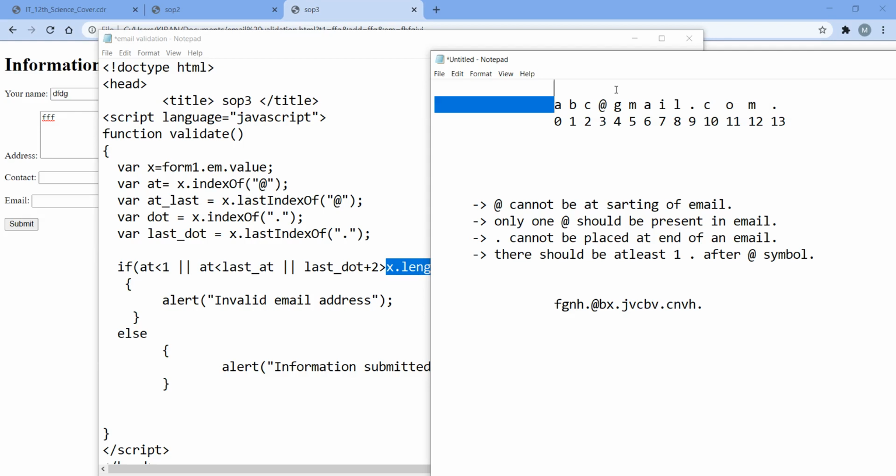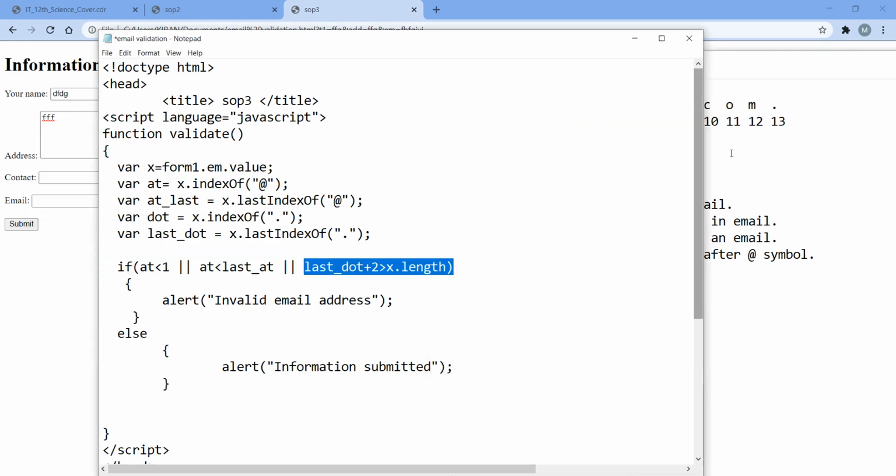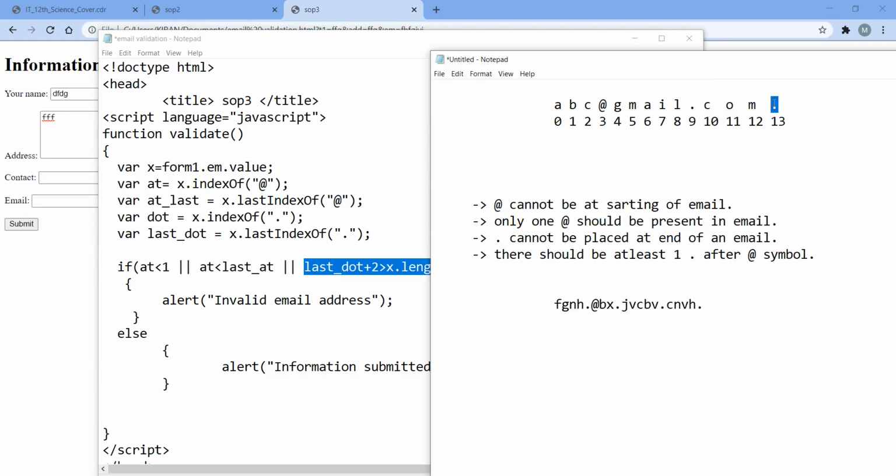The length of the string is 13, so this condition becomes true. It means that I have placed the dot symbol at the end of the email address, or we can say at the end of the string. Now see, this is a correct email address. In this, the position of the last dot is 9.